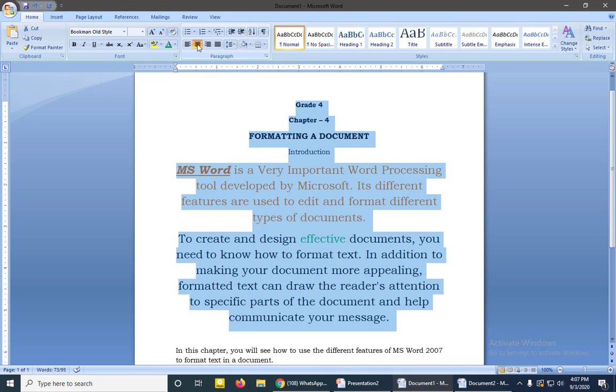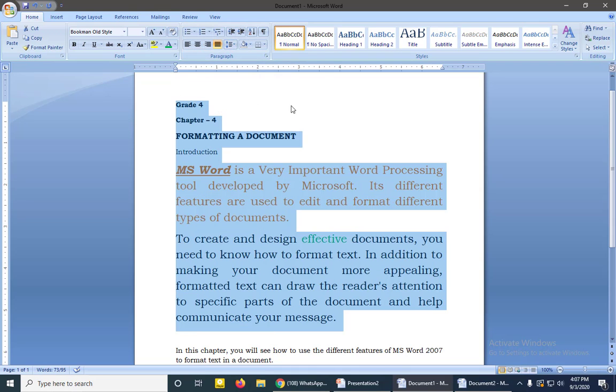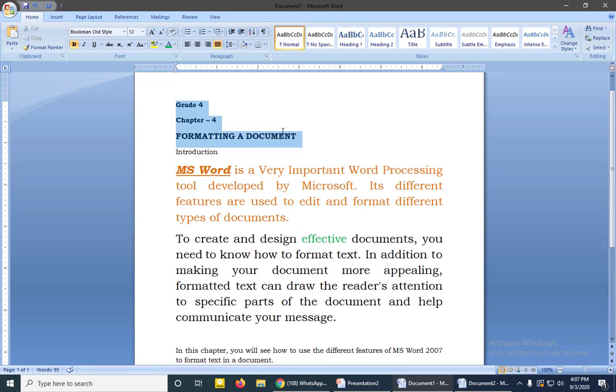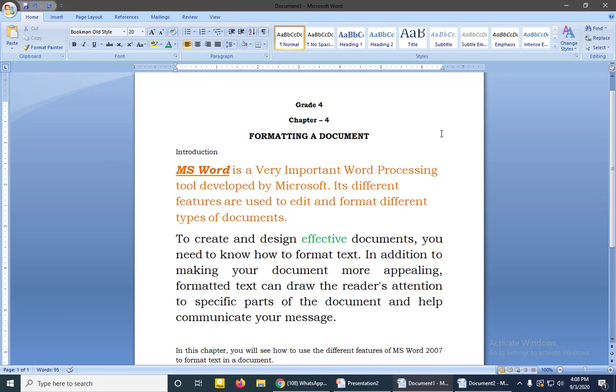The next is center alignment. So all the text, whatever I have selected, will have it applied. So all have come to the center alignment. Then this is right alignment. So the first letter goes to the right side, and this is justify, that is equal to the page format. So the lines will be equally leveled in a document. Now this is the heading, so we'll keep this as center alignment, and these we'll keep as left alignment. Okay, so understood how to change the text alignment.